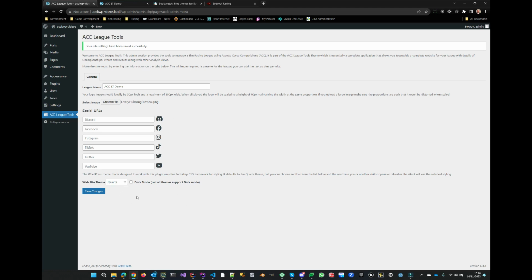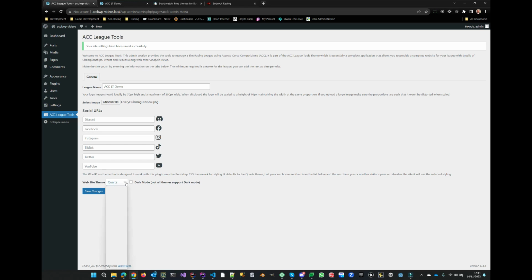And then you can choose a look and feel for your site. Now you saw there the look and feel was this sort of blue to pink gradient, and the text is colored this here. We use Bootstrap to style this. Bootstrap's just a CSS styling framework, and we provide you with a list of pre-installed themes that you can choose. And